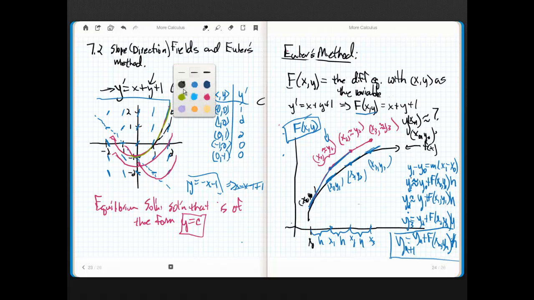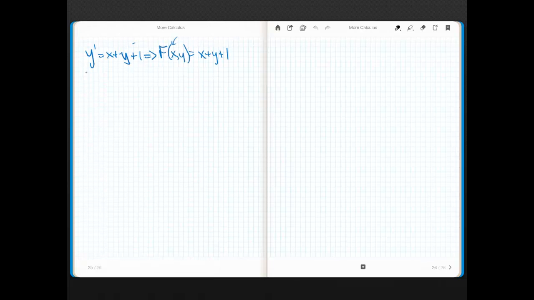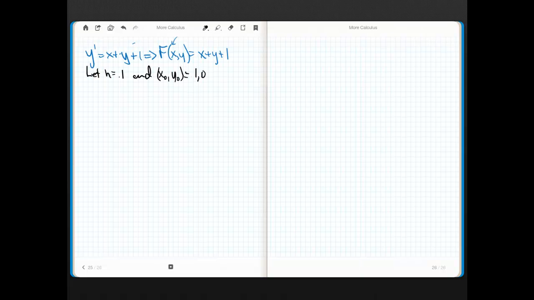Okay, so I think I'm in black. Let's see what we got here. Let's let h equal 0.1, and x naught, y naught equals 1 comma 0. Use Euler's method to approximate